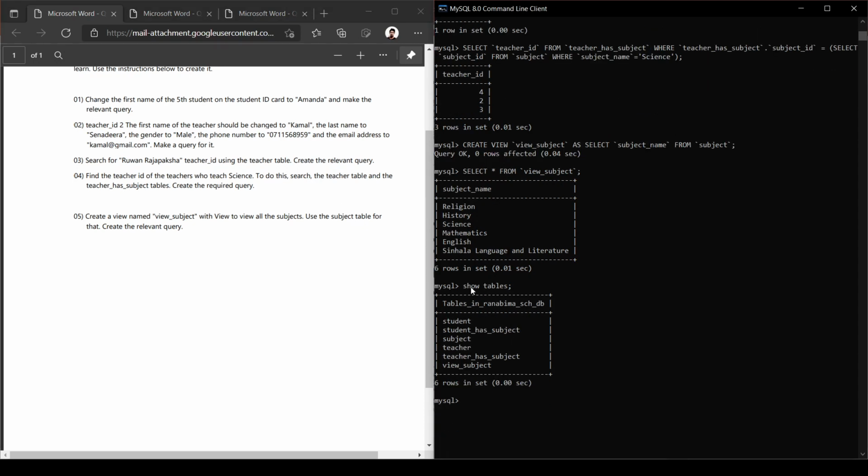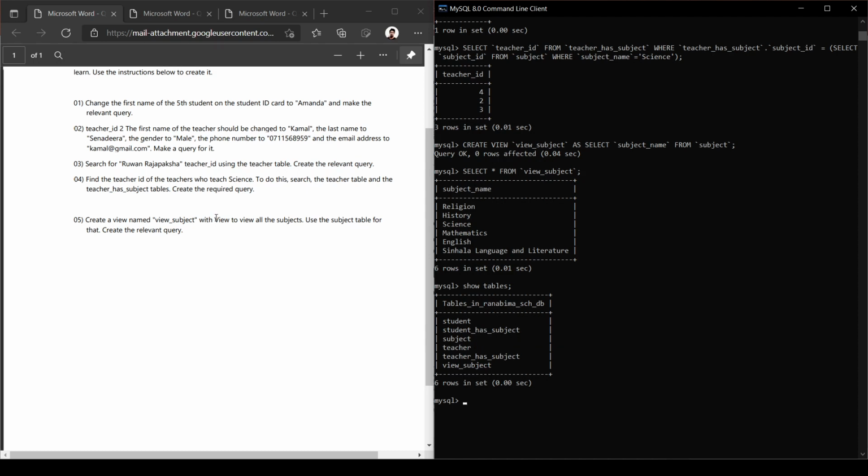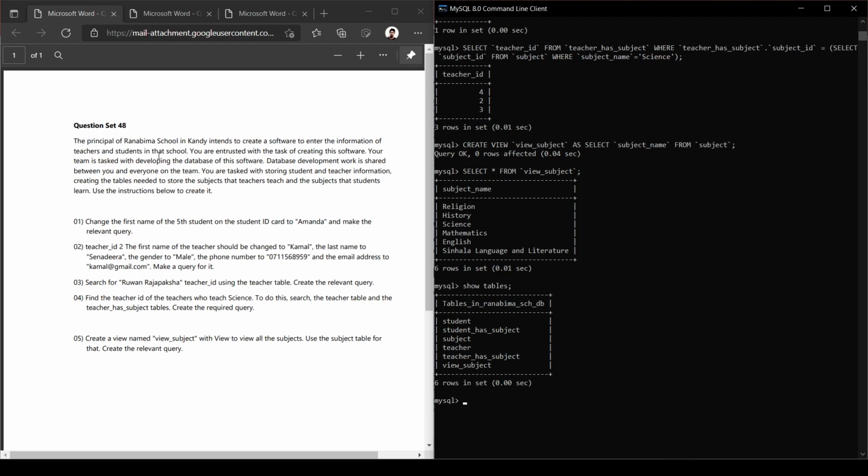Here you can see I used the show tables query, and this time it's showing all the table names and the view name, the view subject, in the table list in our Ranabim SCHDB. So that's how we complete the final part of the 48th question, and that's it for this video.